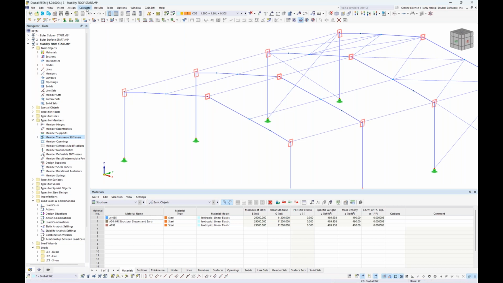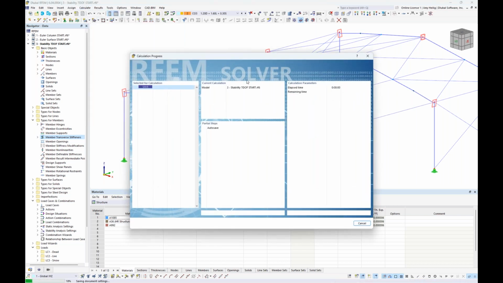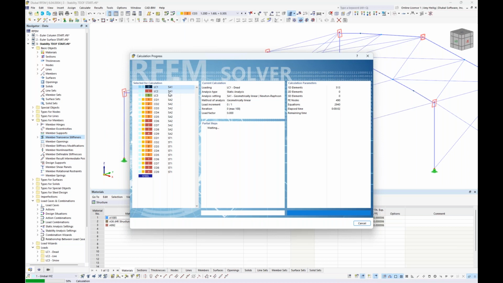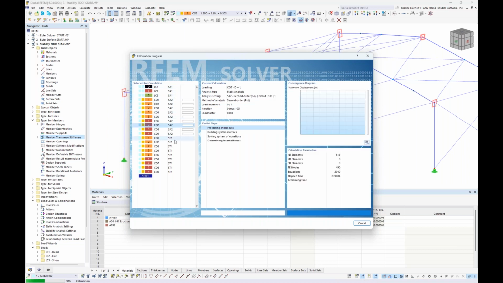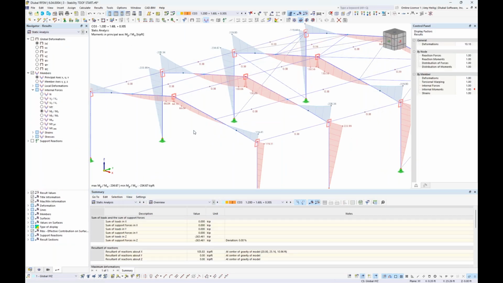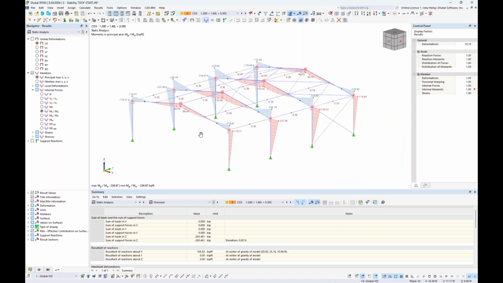So now we want to go to calculate all, and we have to rerun the static analysis with 7 degrees of freedom. So we see the load cases carried out, but also those load combinations according to a second order analysis. Then we run through the structure stability again for all load combinations, and we should see slightly different results here. So number one, taking a look at the static analysis results, which we can view the internal forces